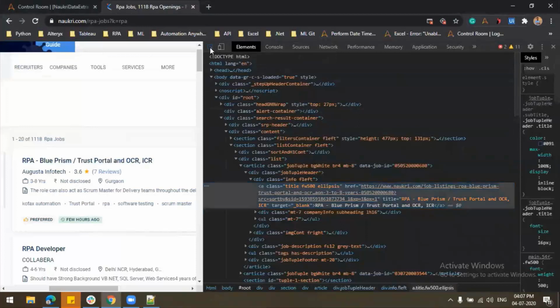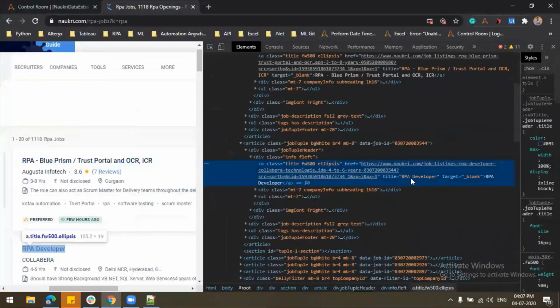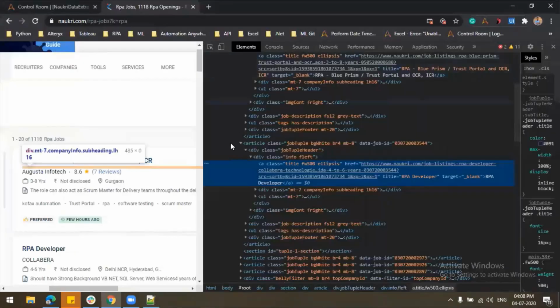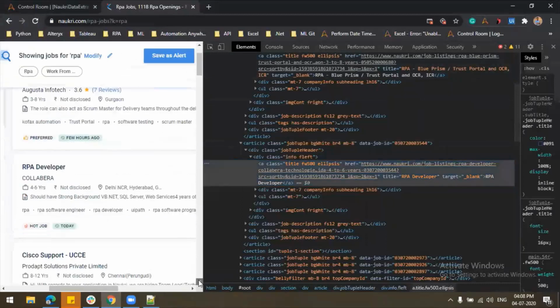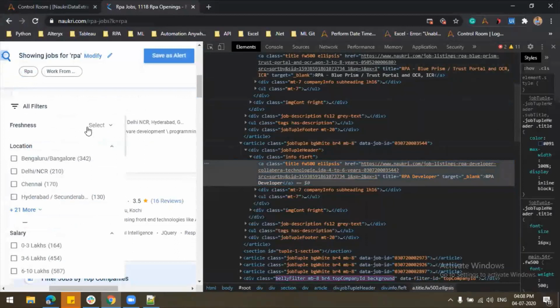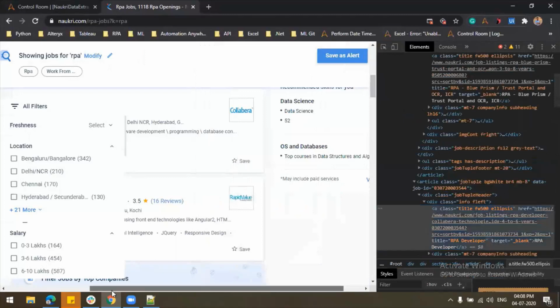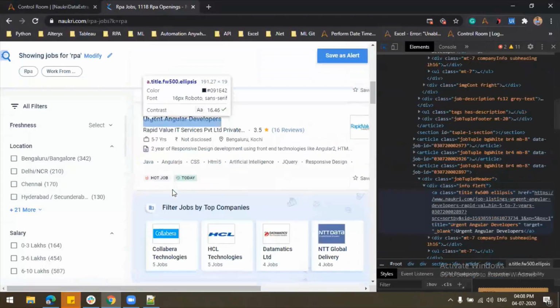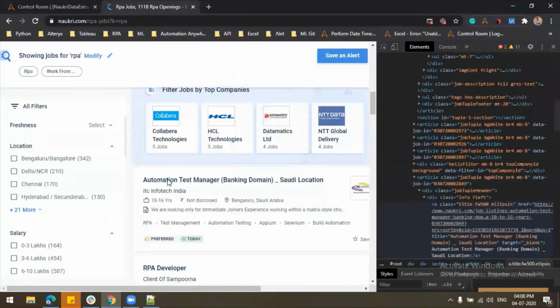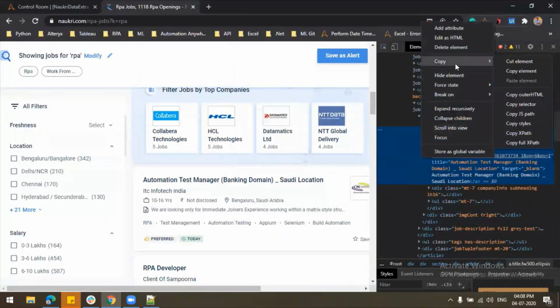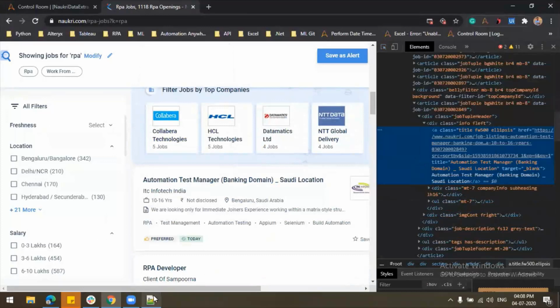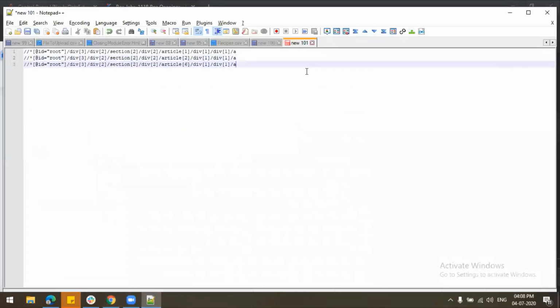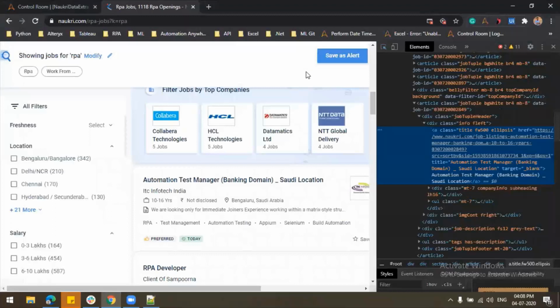The same thing for the next one. You just have to first check all these things. This is the third one. For up to how many are you copying XPath? For 3, I just expect finding the pattern in the XPath.